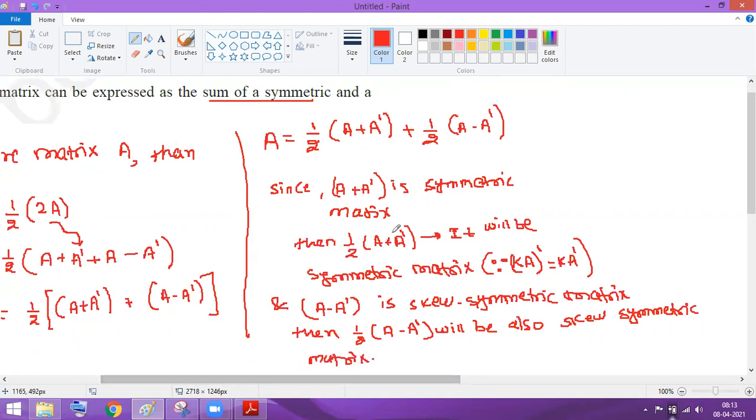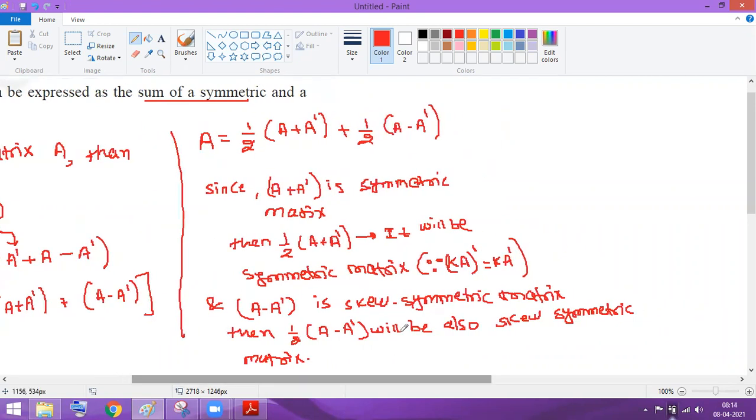Now many teachers do not prove even this, theorem 2 को prove भी नहीं करते हैं, वो डायरेक्ट लिख देते हैं कि this is this, और आप इसे आगे खुद देख लो, but look at the concept. You can write the reason behind this also: K times A dash, if I multiply with a constant term, does not change the nature of that matrix. So because of this property of the transpose, we can write all this.